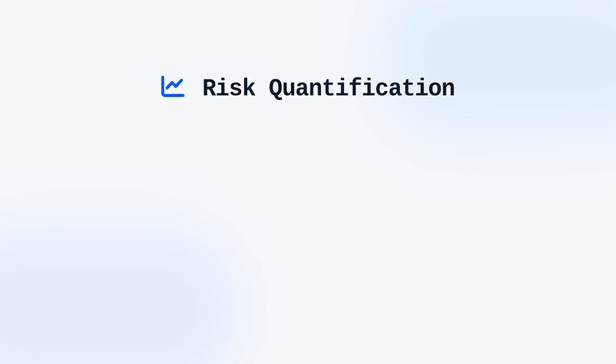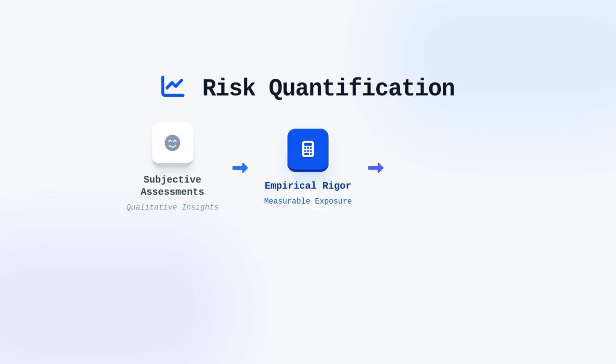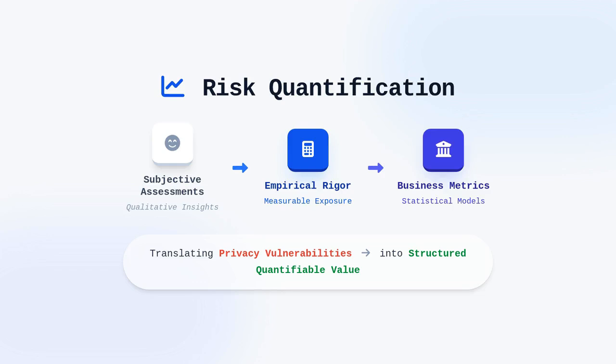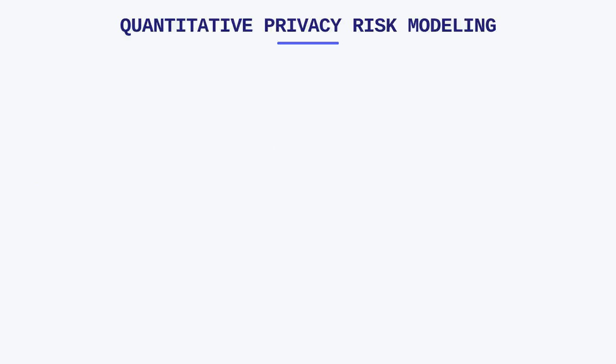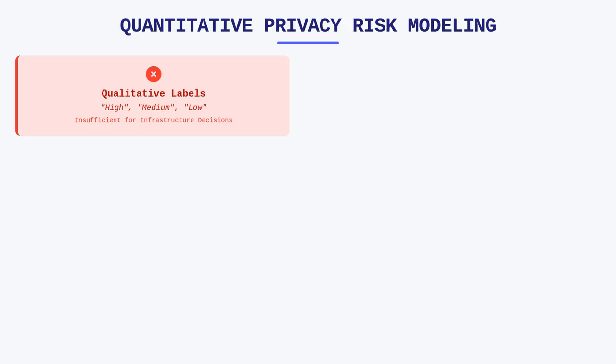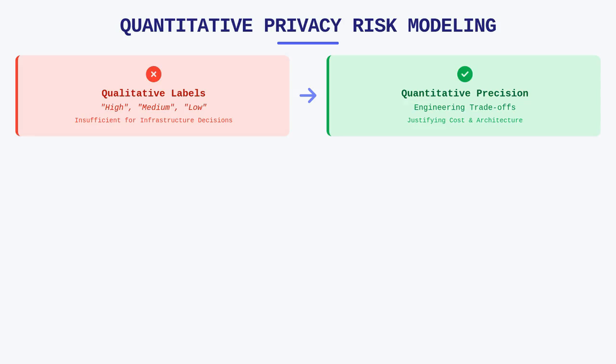Welcome to the chapter on risk quantification, where we transition from subjective assessments to empirically rigorous methods for measuring technological privacy exposure. We will focus on translating privacy vulnerabilities into measurable business metrics using structured statistical models. In an engineering context, qualitative labels like high, medium, or low risk are rarely sufficient for making informed infrastructure decisions. When you need to justify the cost of implementing a privacy-preserving architecture, you are effectively speaking the language of engineering